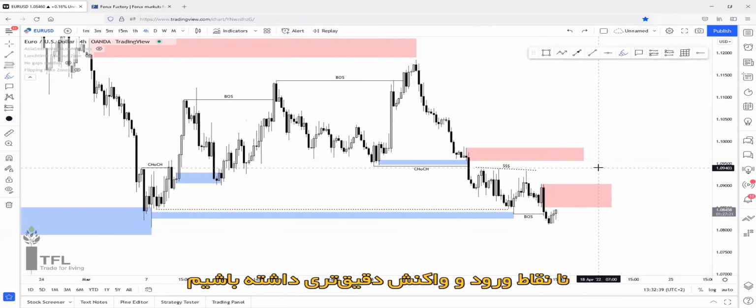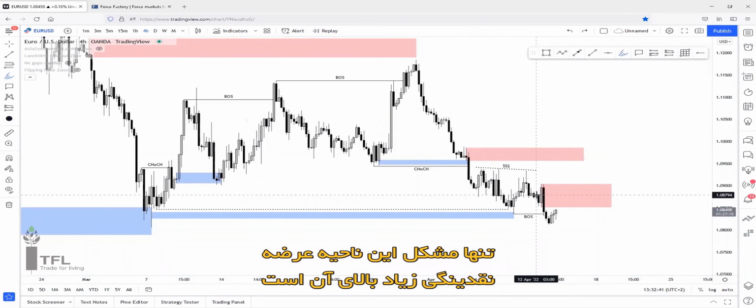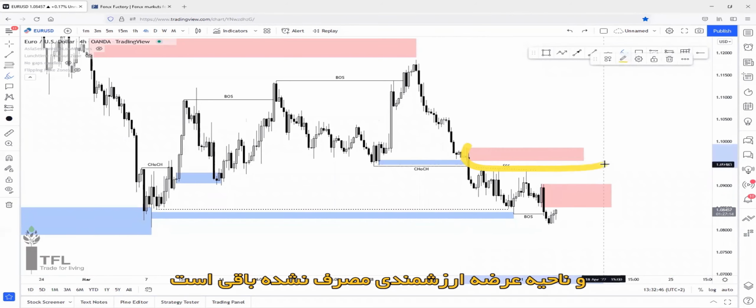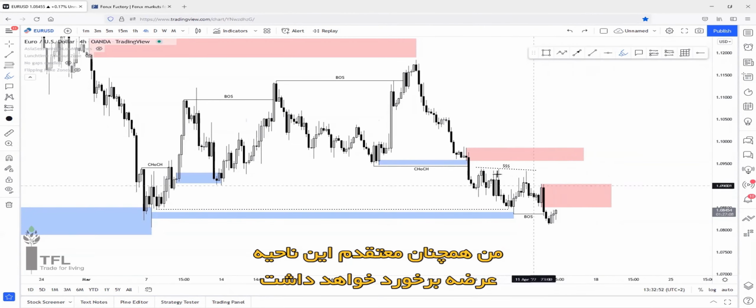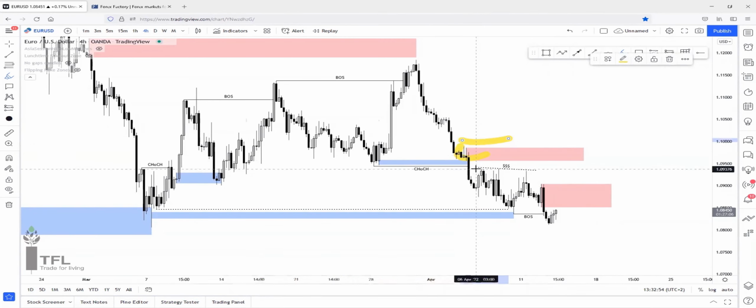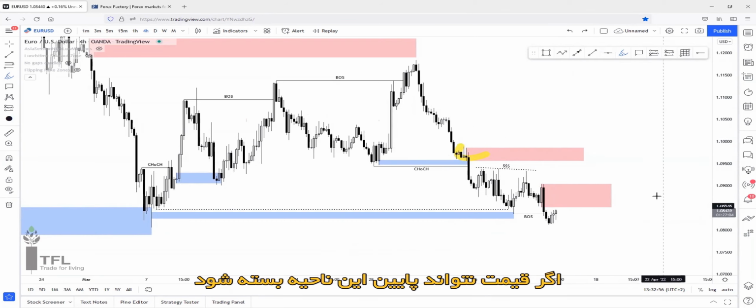So the only problem with this supply zone is that there's lots of liquidity sitting just above, and there's a variable supply zone that has been left unmitigated, and there's inefficiency that has been left unfilled. And I believe this supply zone up here will still be tapped, because if price can break below this zone,